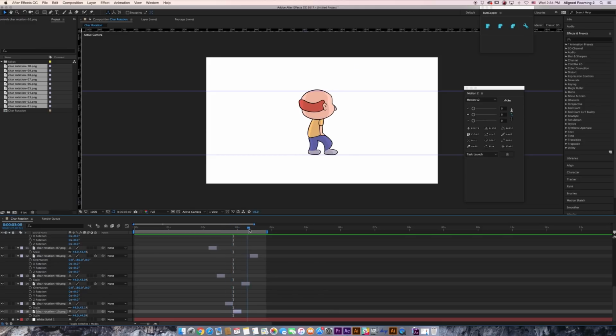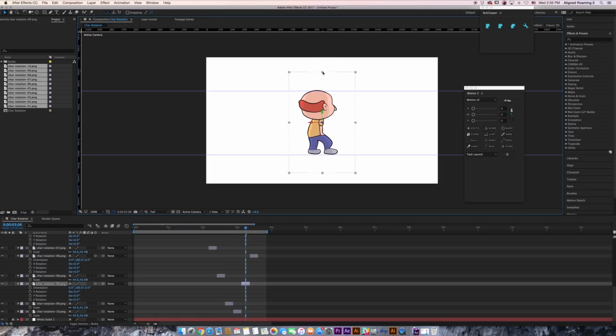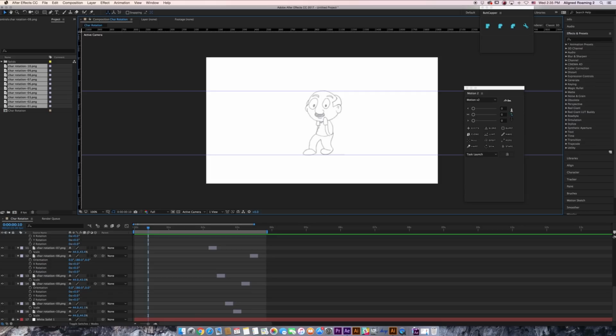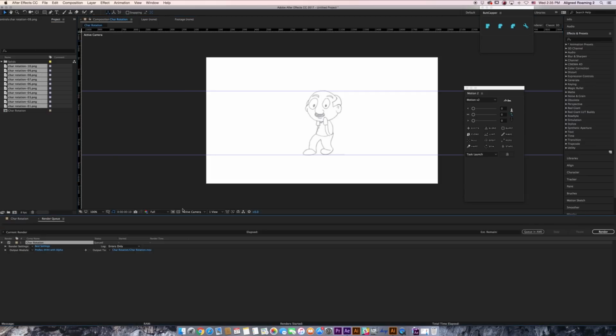See if all of them are aligned correctly with the same height. We are going to export this before taking it to Photoshop. Export, add to render queue.